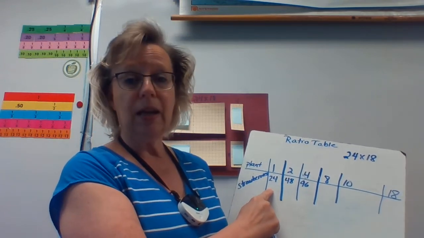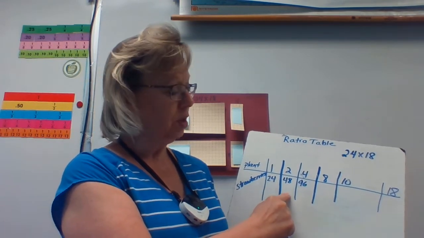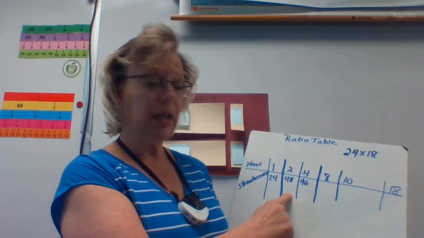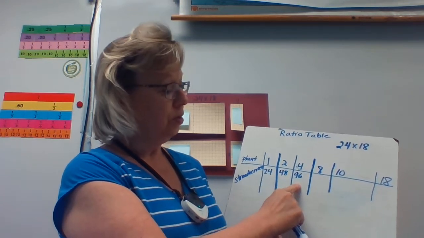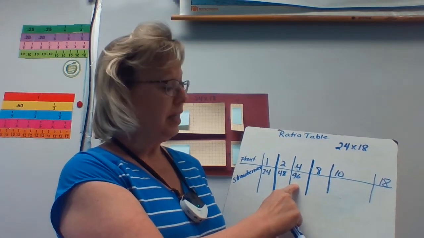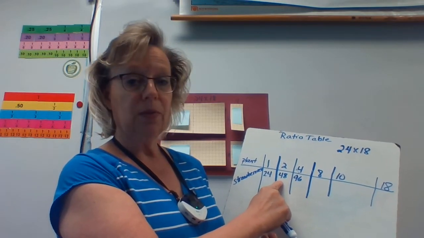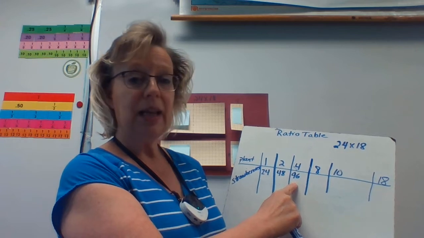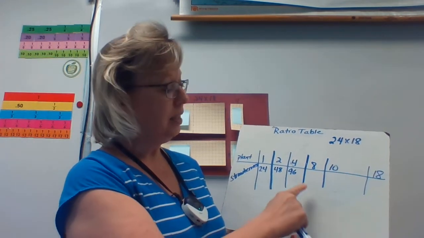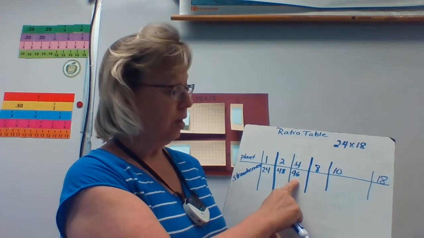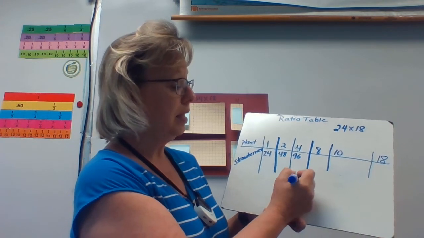One plant gave me 24, two would give me about 48, and if I double 2, I would get 4 plants, 96. And then I'm thinking about that 8 because I want 18. So if I double the 4, 96 plus 96